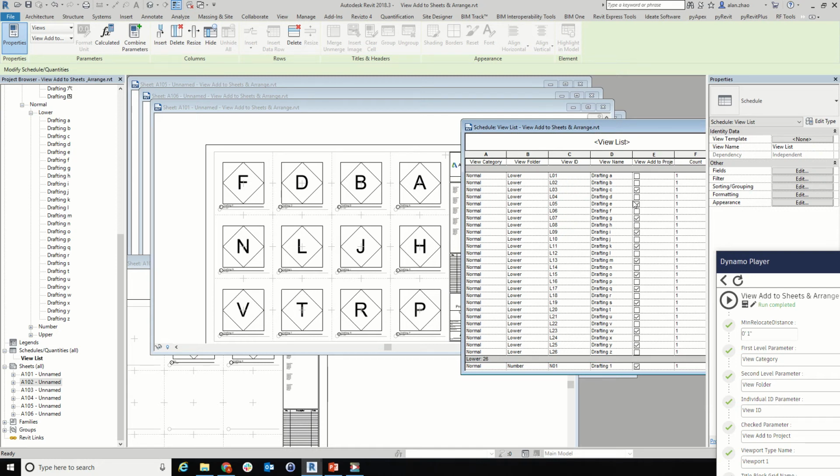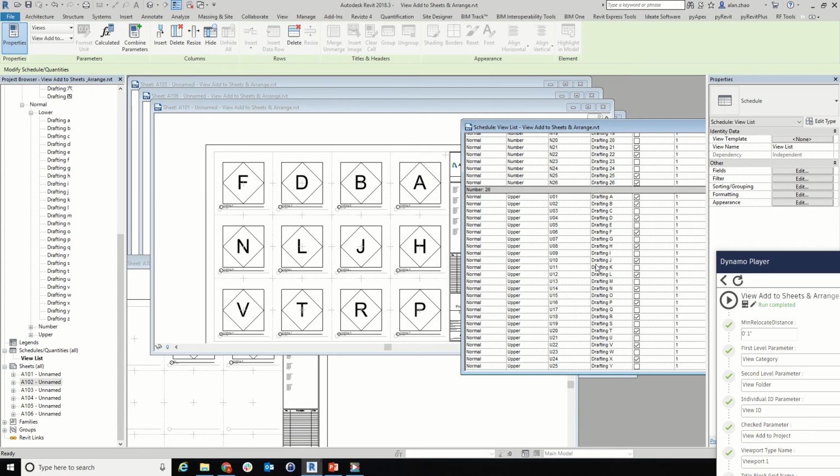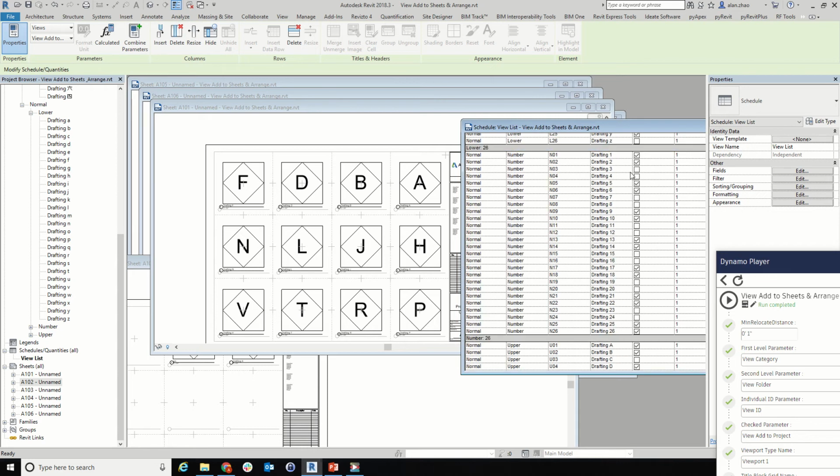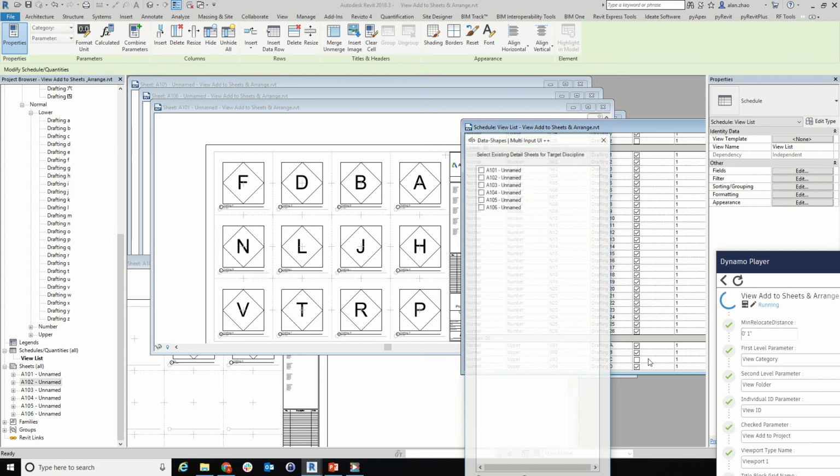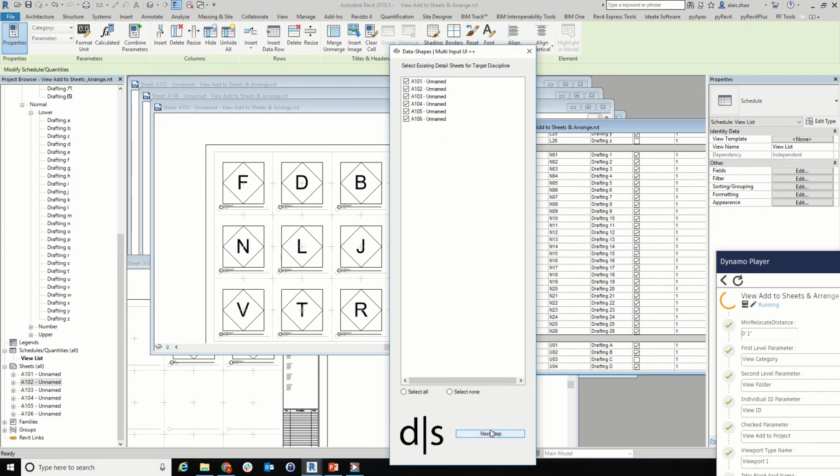And should we remove a couple of views, it's also going to delete that sheet for us. If we want to check all the other views, it's going to add more sheets. So I unchecked a couple of lowercase views and I checked all the numerical value views. So we're going to delete one sheet and add one or two new sheets. If we run this again by checking all,